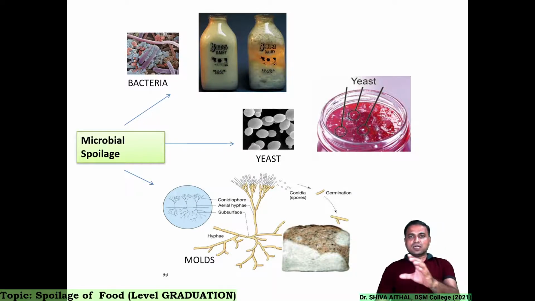But what happens is that as food is a complete source of carbon, hydrogen, nitrogen, oxygen, phosphorus and sulfur, CHNOPS, we can understand the urge of the microorganisms which are present in air. Air is not a natural medium for the growth of the organisms.